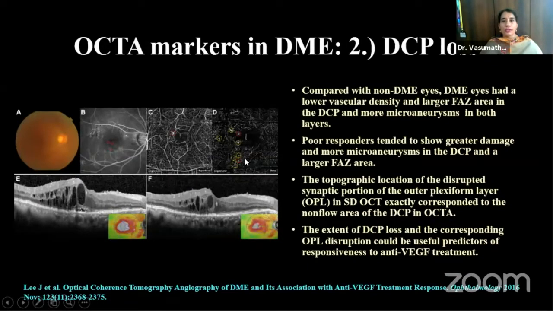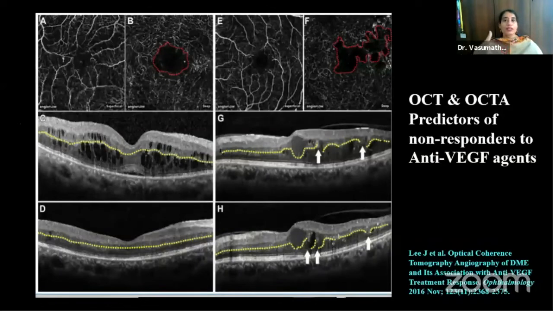In Ophthalmology 2016, they say that in the deep capillary plexus, the loss of microaneurysms actually corresponds to the discontinuity in the synaptic portion of the outer plexiform layer. In fact, the deep capillary plexus is situated at the inner border of the outer border of the inner nuclear layer. So you see that this patient has got the continuity of the outer plexiform layer